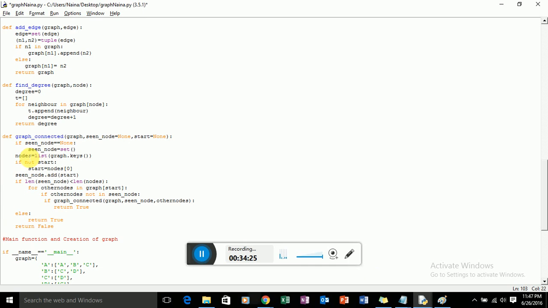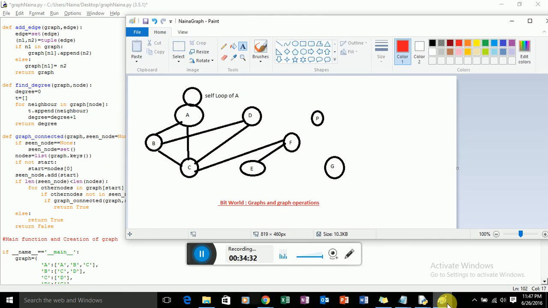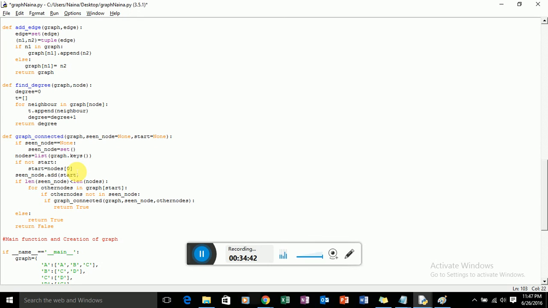So for graph dot keys, the one which is there at the 0th index, it can be A or B or C or D, since dictionaries are unordered, so it can be anything. So that will become my start vertex.